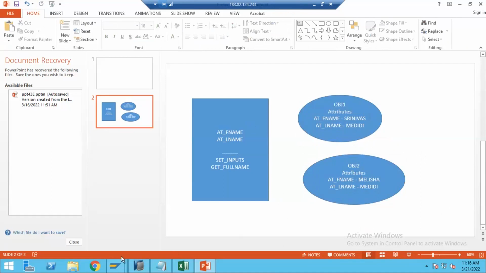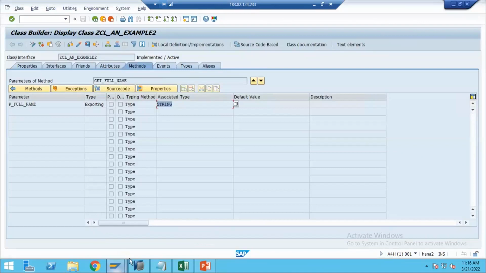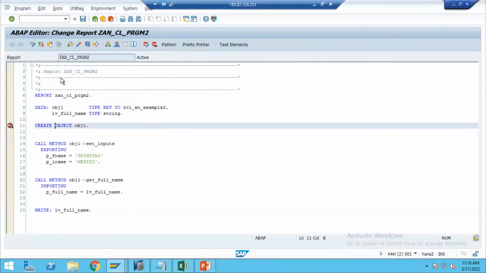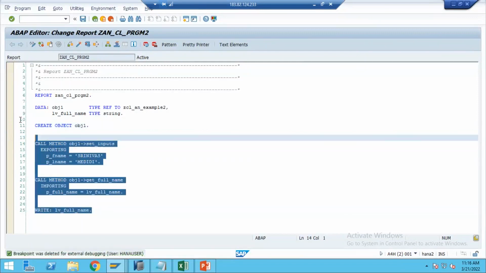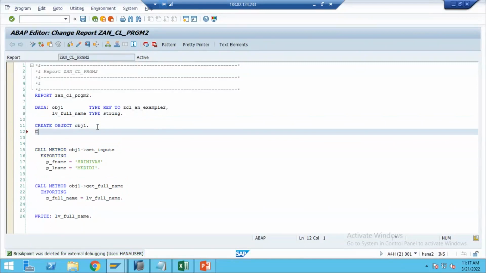Now I will tell you how to create one more extra object here in a program, because in real time, you may need to create multiple objects to store different instances. That's the reason I'm going to teach this also. So till now, you learned how to create an object. If you have a requirement to create one more object, you can simply write one more line, create object